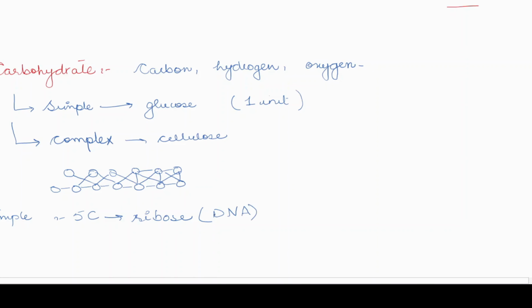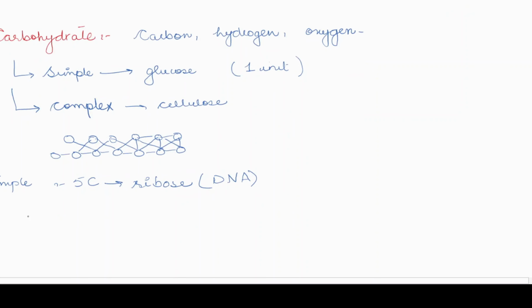Okay, this sugar is present in DNA. It's a 5 carbon sugar. And if it's 6 carbon sugar, there can be many forms, but the molecule we know the most is glucose. It's used in respiration process. It's produced as glucose in plants, and that's a separate process. We'll learn about those processes.